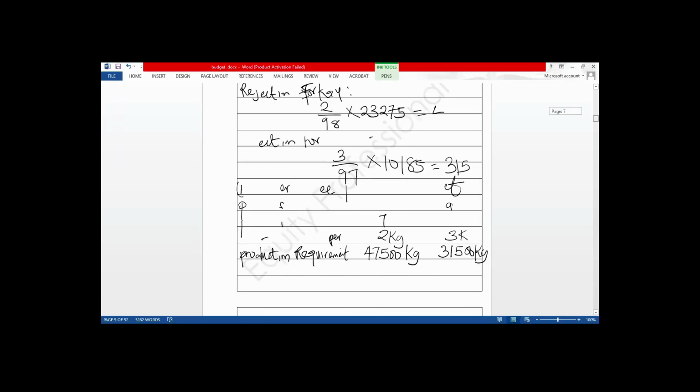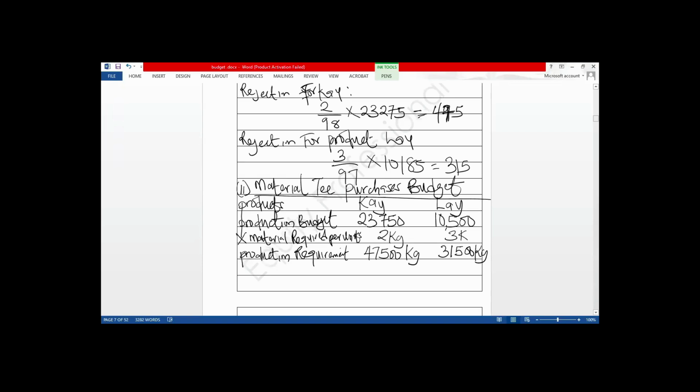Let's go back to our solution. If you look at this, I'm supposed to add the closing stock and less the opening stock. I can do it like this: plus closing stock of material, let me shorten it, 1,000 kg here, minus opening stock of material, 1,000 kg. At the end of the day, I'm still going to get